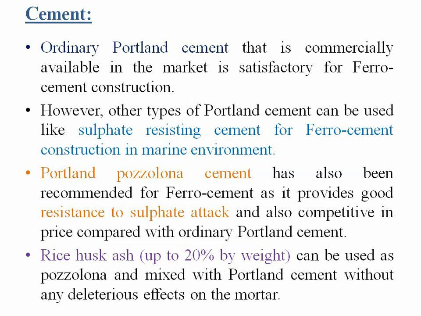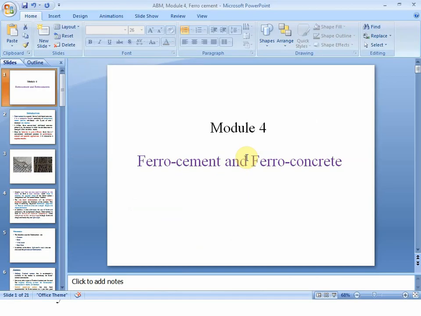You can use other types of Portland cement also, such as sulfate resisting cement if you are constructing the ferrocement in a marine environment. Portland pozzolana cement can also be used in ferrocement,